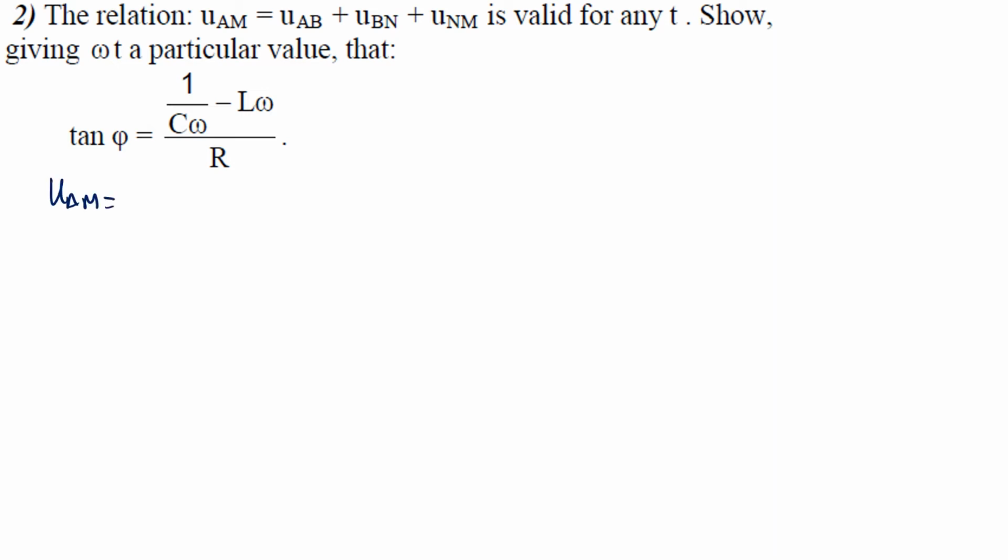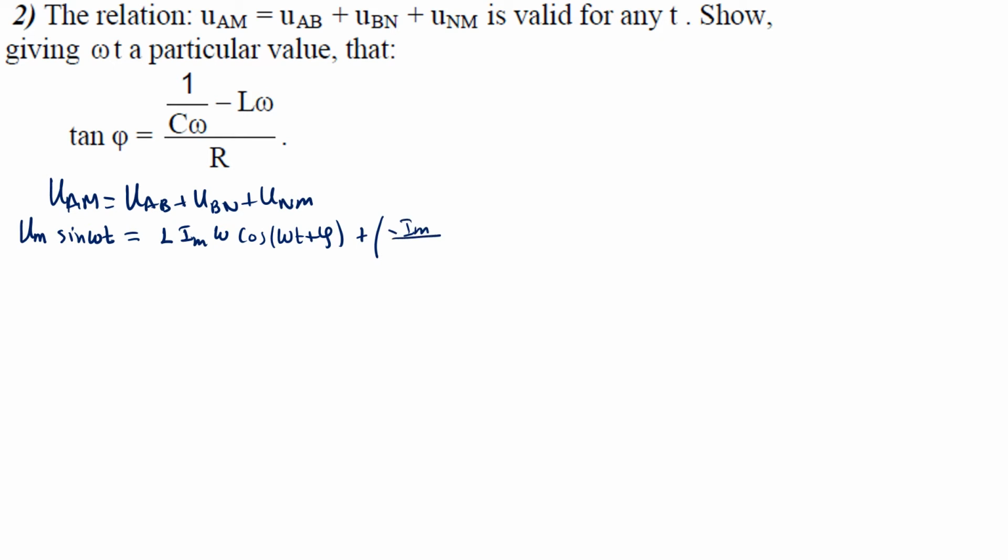UAM is from the generator, so it will be UM sine omega t, which equals UAB, which we found in the previous part, L Im omega cosine of omega t plus phi, plus UBN, which we also found, minus Im over C omega cosine omega t plus phi,